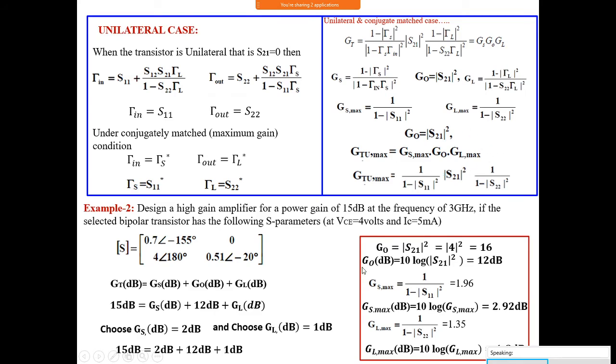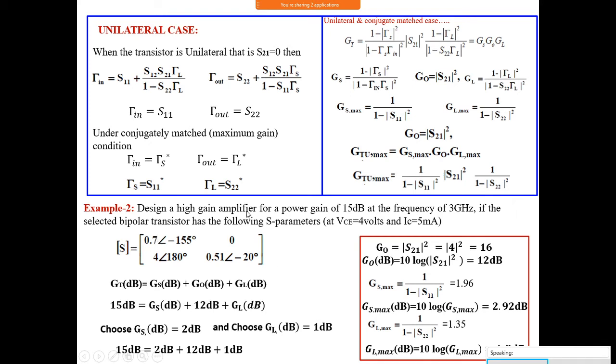So that's why, here is an example I have given of how to design an amplifier for a unilateral case. See this, for example, I have given a reason how to choose the gain, GS maximum and GL maximum. I already told this in the previous one, but again, after an 8 day gap, you might not be keeping track of what I am teaching, so that's why I'm stressing it again now.